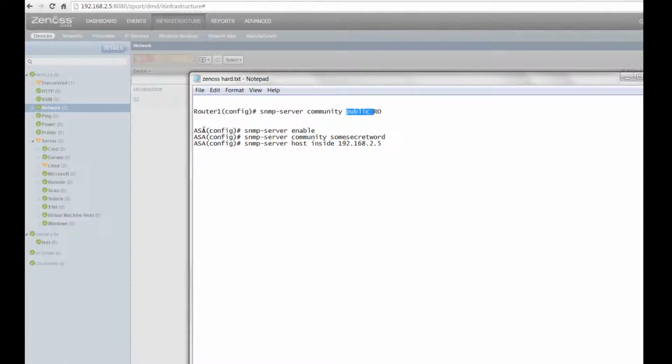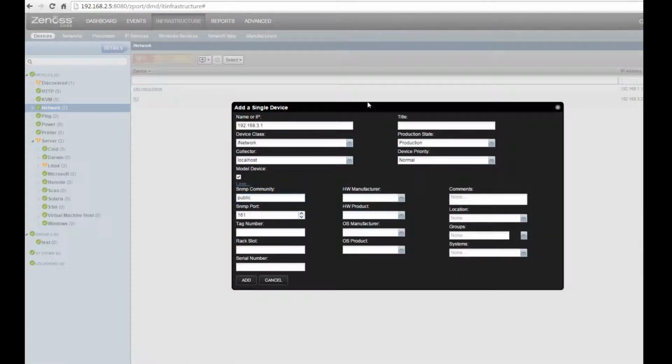If you're trying to discover an ASA device via SNMP, run the following commands, where this IP address of the host is the IP address of your Zenoss monitoring system. So I've already run this command on my router, and I think that everything here looks okay. So I'm going to click on add,